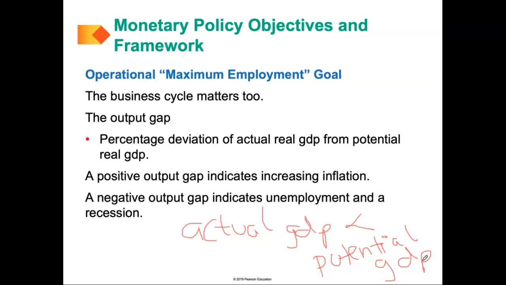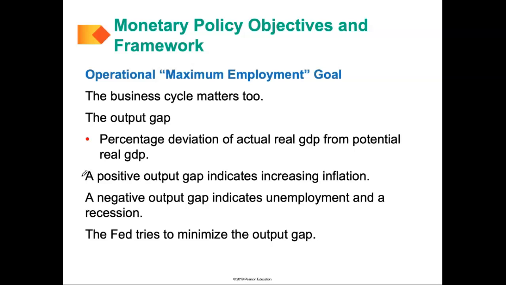And generally, if an economy is underproducing, demand for goods and services is pretty low. It means that firms can't produce as much, they need to lay people off, there's unemployment, and it also creates a recession. So the Fed pays attention to the output gap, and it's the Federal Reserve's goal to minimize the output gap. We'll look at ways in which the Federal Reserve minimizes the output gap. So remember, the Fed has the goal of maintaining price stability, and also the goal of minimizing the output gap.